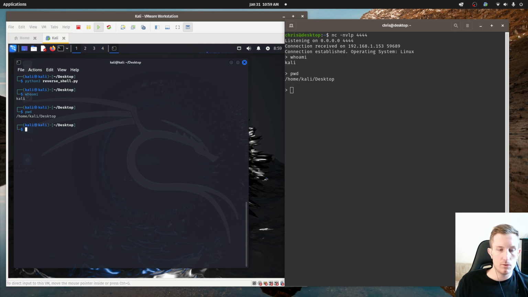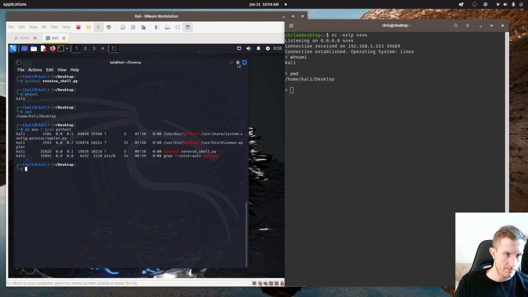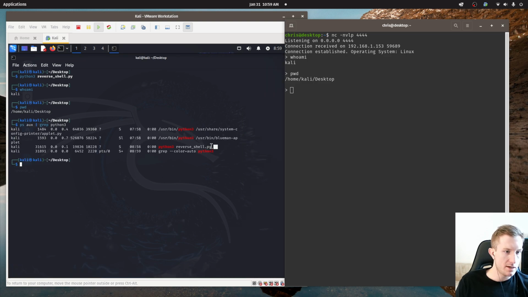Great. So real quick, let me just show the process running on the victim machine. Expand it. So this is the process we see here for the script currently running, and I want to show you the cron tab as well. So the cron tab, as you can see, is established here. So when we reboot, this will terminate, this will stay, and once we are booted back in, this will launch